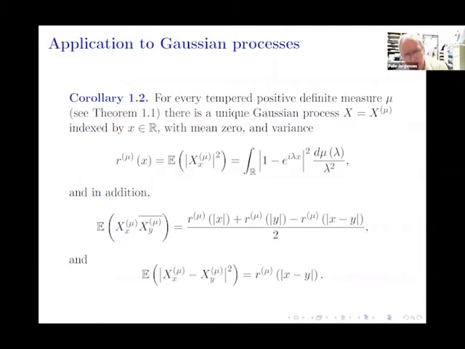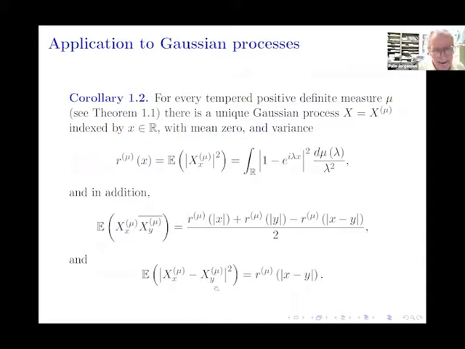studied. And so if we do this one here, then we get a certain family of functions R mu, and they would represent variances for the kind of Gaussian processes that are associated to these measures here. And the next one would then be the inner product, and that would be a covariance. But the idea is that you have to get such a Gaussian process, and the only way you can do that is to create probability spaces, and the probability spaces would be created as L2 spaces of a cylinder sigma algebra of subsets of S prime, where S prime are the tempered distributions.